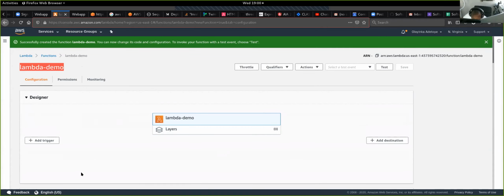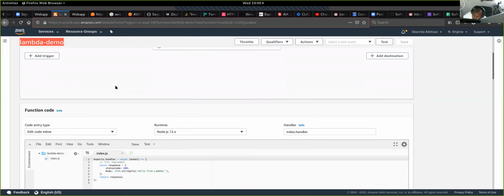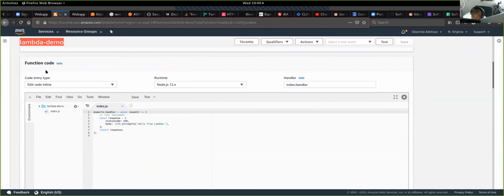The designer section is where you can add things like triggers, right? Add outputs or reporters or destinations, right? So you can have a trigger that fires up the function and you can have a destination. We're going to ignore this designer for now, just so that we can hop into the code part of it. This part will be more familiar. And notice what we have here. This is our node code,